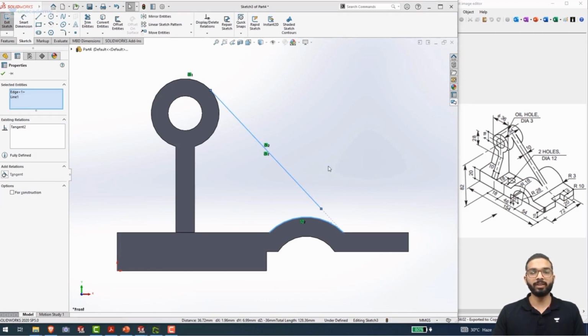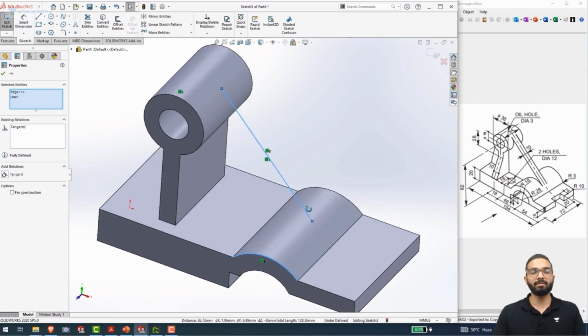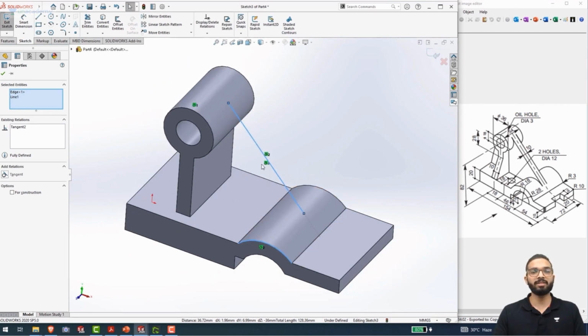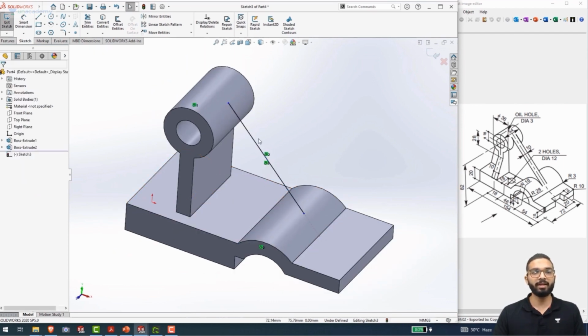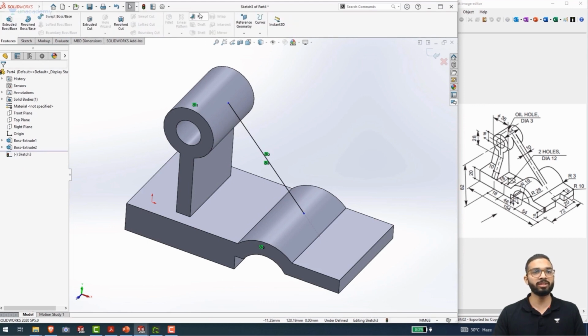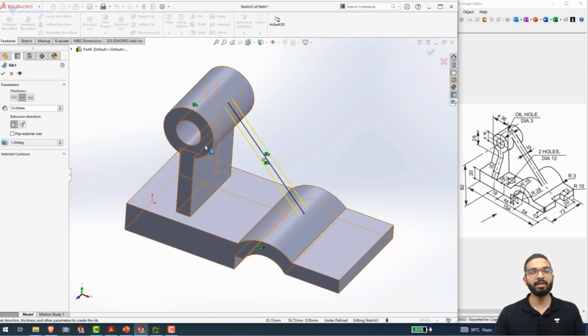Once I have done this, you can see here that my profile has been created. I have specified the line and that it is fully defined. We can move on. You don't need to specify its distance. Now once that it is defined, we will move to Features, select Rib, and then here you can see that